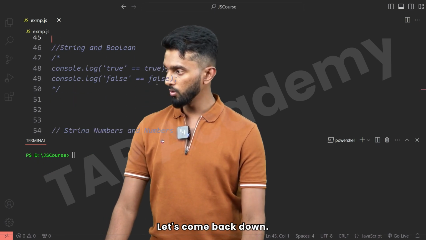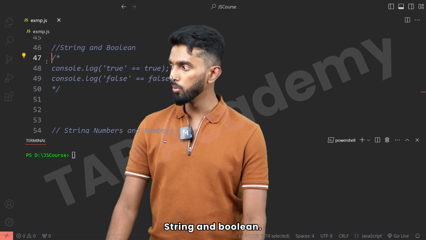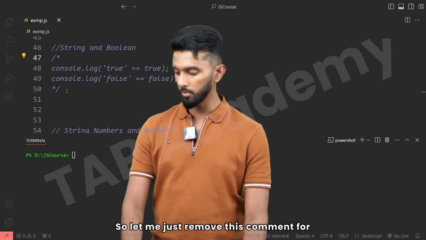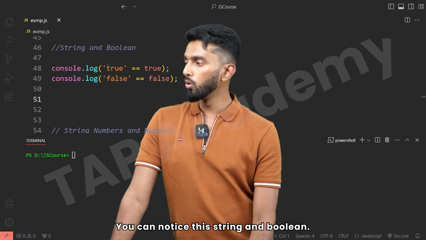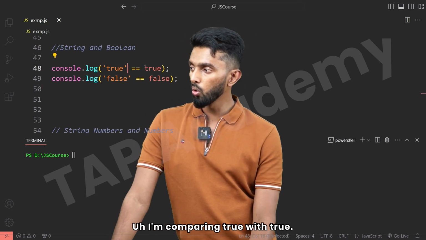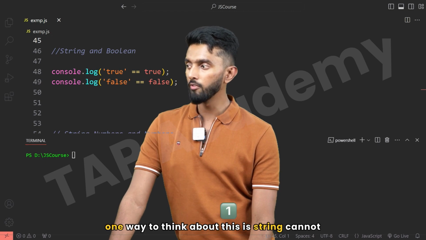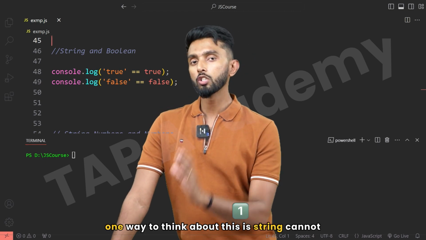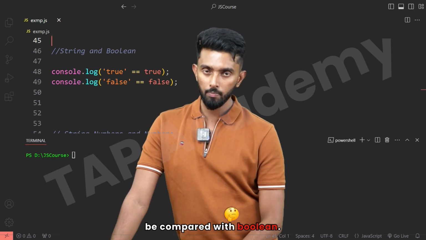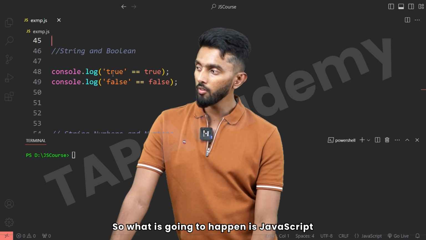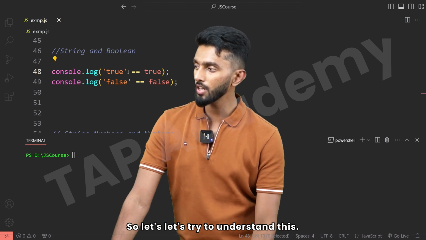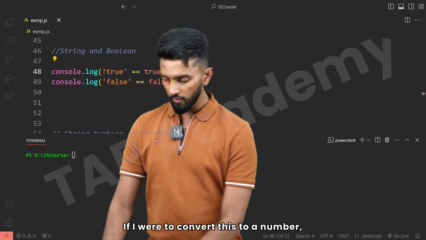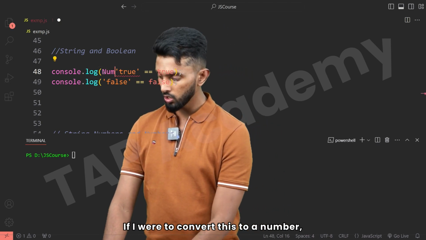Let's come back down. String and Boolean. Yeah, this is interesting. So let me just remove this comment for you. You can notice this. String and Boolean, I'm comparing true with true. Now, one way to think about this is, string cannot be compared with Boolean. So what is going to happen is, JavaScript is going to convert a string to a number. So let's try to understand this. If I were to convert this to a number,